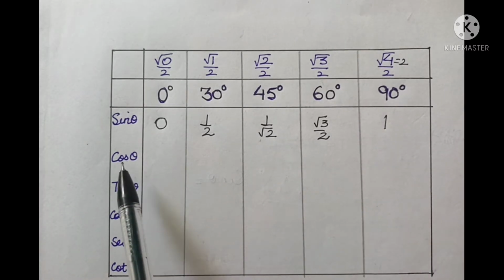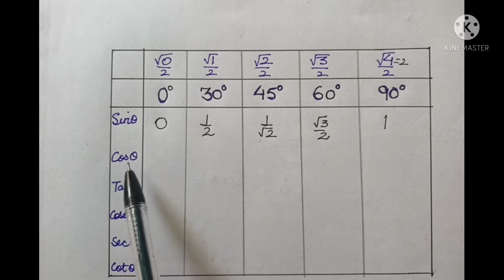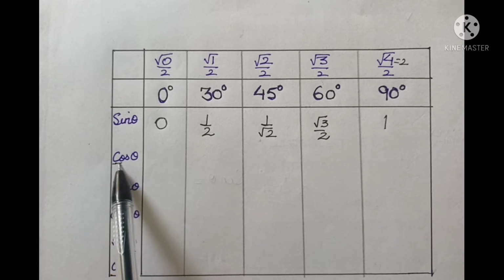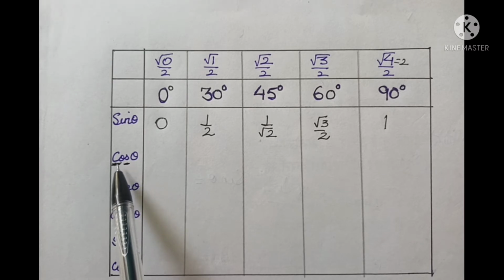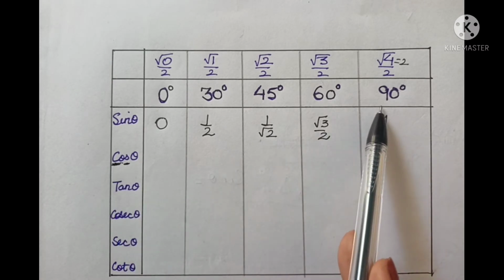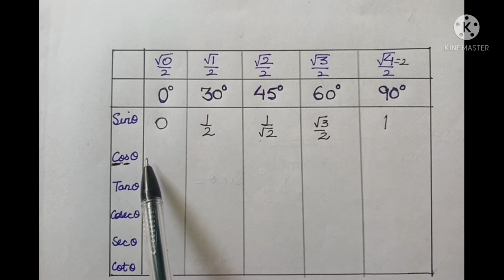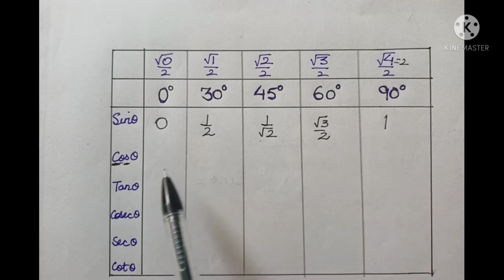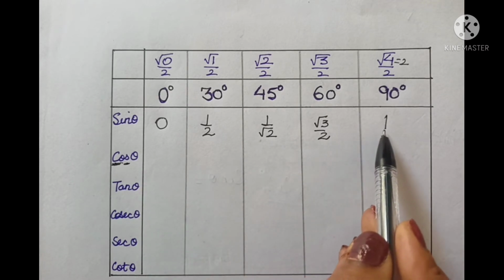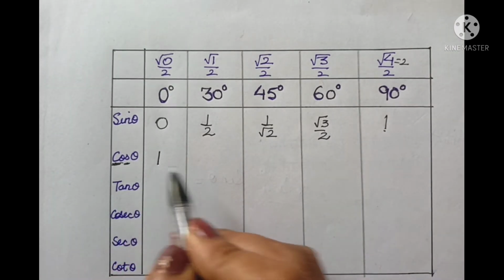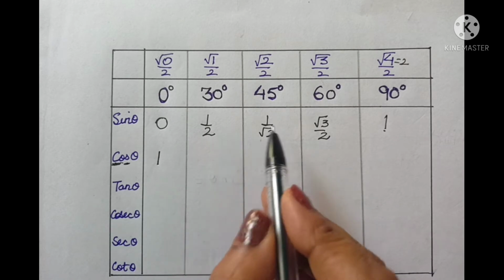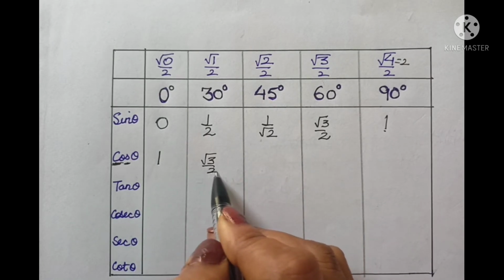And for the values of cos, you know that they are complementary angles. The word cos has originated from complementary of sine. So whatever will be the value of sine 90 degree will be the value of cos 0 degree, because complementary of 90 is 0. So we start writing in reverse order from right hand side. So cos of 0 degree is 1. Cos of 30 will be same as sine of 60, so root 3 by 2.